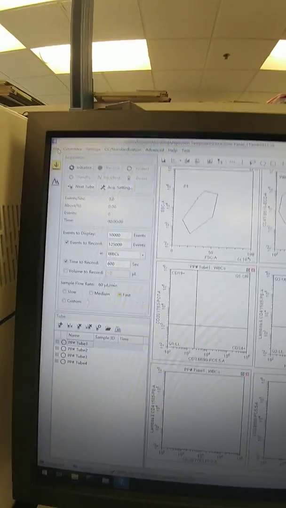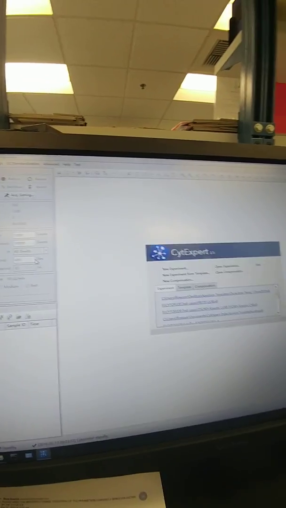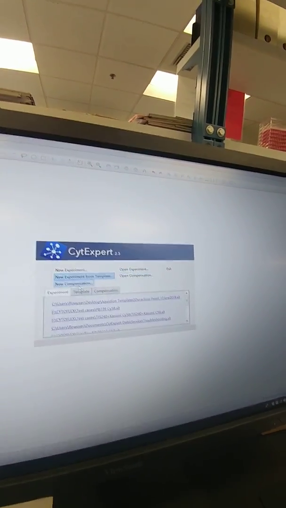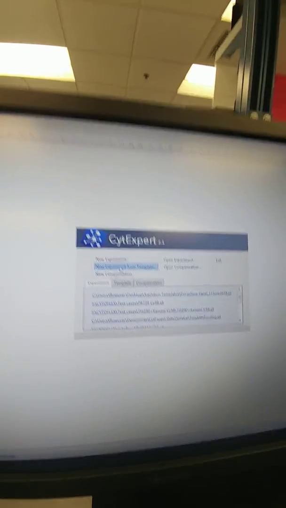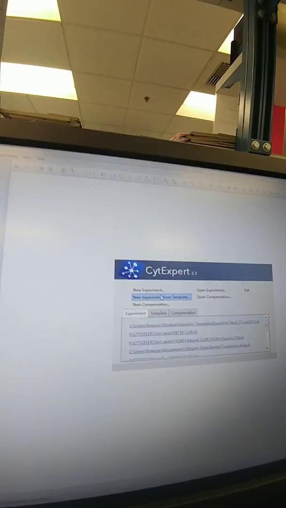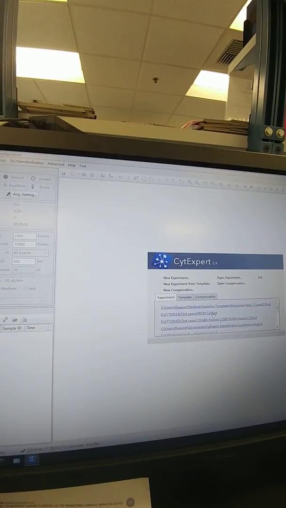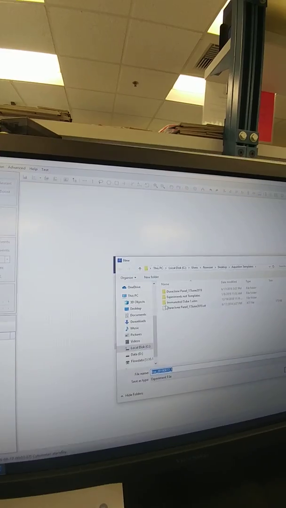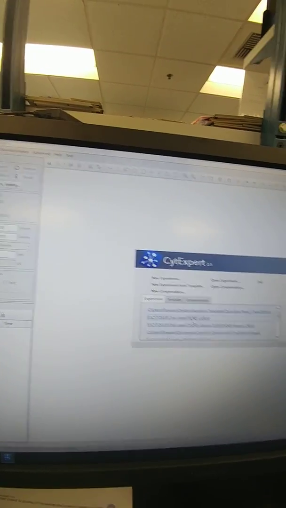Okay, since I did not set up any samples, I'm just going to do File, Close Experiment. All right. So there's that, and then next time you run any other ones, you could just do, like you have been, new experiment from template, and then select your new template there. Okay, now the other alternative to creating a whole new template